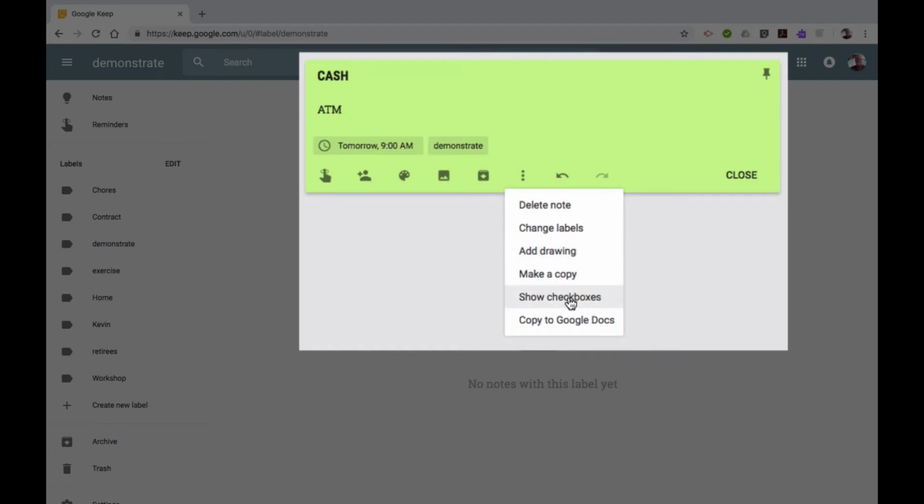You can show checkboxes. We'll do that in a minute. You can copy this to Google Docs. And one of the things that